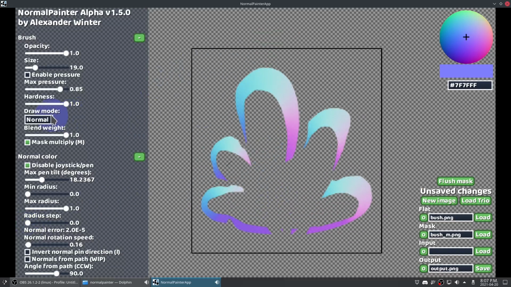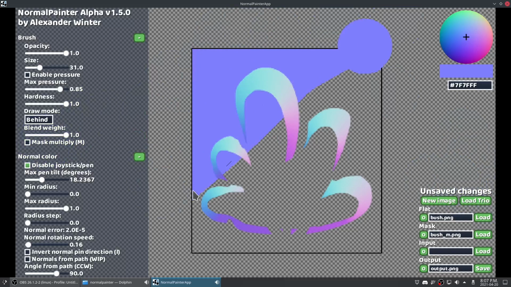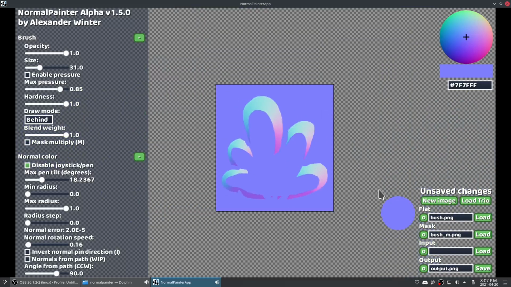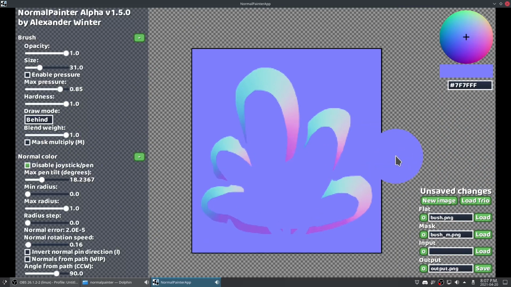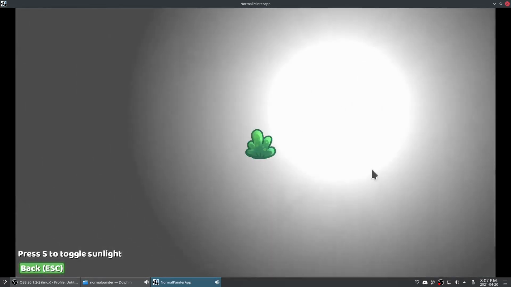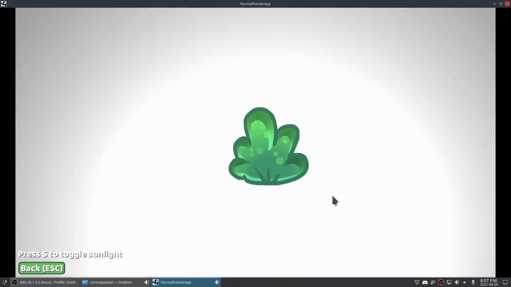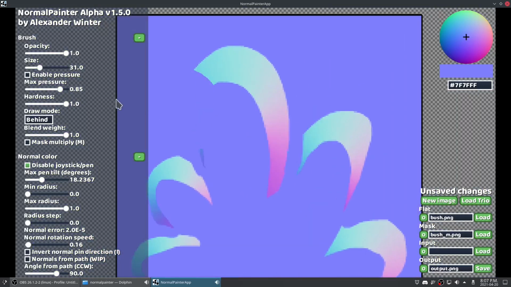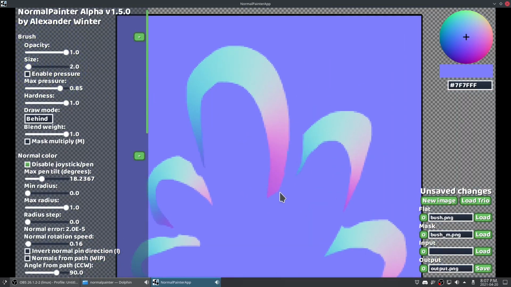Anyway, so let me paint behind to add some. Oh yeah, I need to flush my mask and so on. Add some blue here, and yeah, that's a nice normal map we got there. And it works pretty well. You can see maybe it's a bit harsh on the pixels, but I don't have anti-aliasing on this. Worst case though, if I wanted to smooth it out, I can